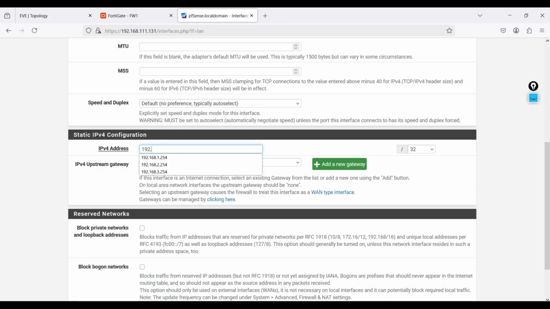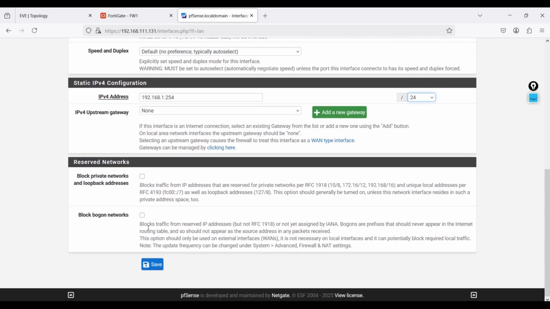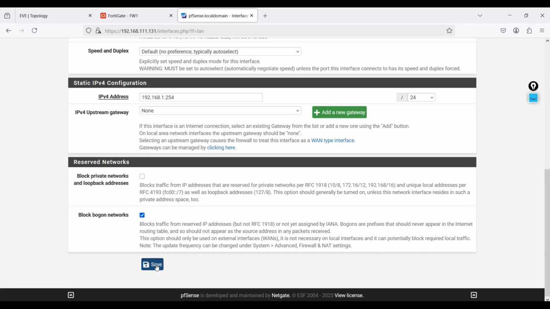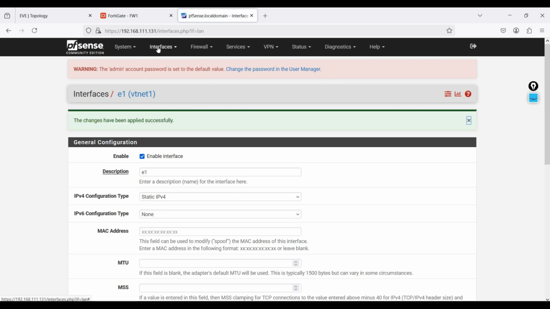So 192.168.1.254 is my gateway, and the subnet is /24, and that's it. Just hit the save button, but before hitting save you have to enable this interface as well. So hit save and apply changes, and once you apply,